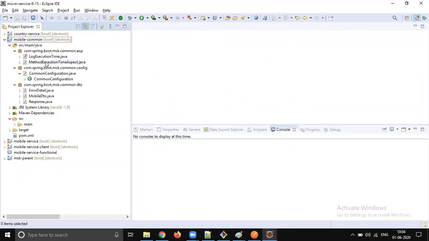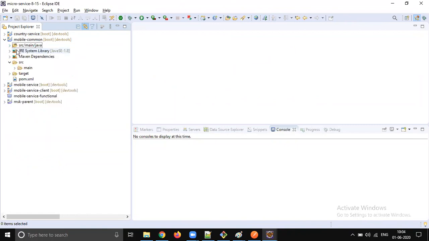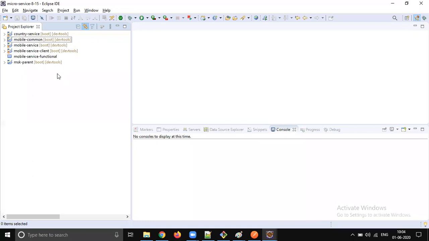The remaining portion, the logging, the validation and filter, we will move tomorrow. Once we are done with that, we will start our next microservice, mobile accessory. So any questions?